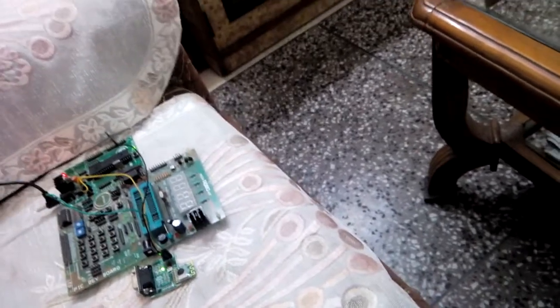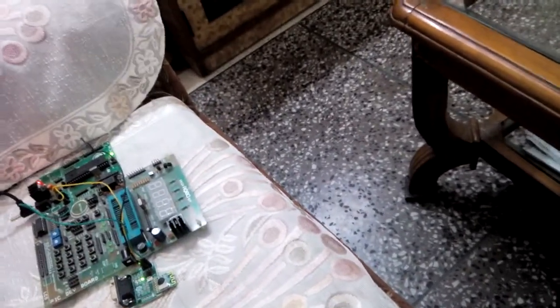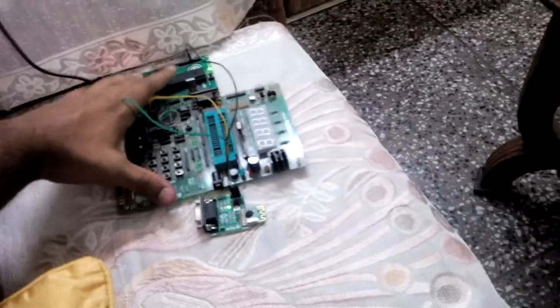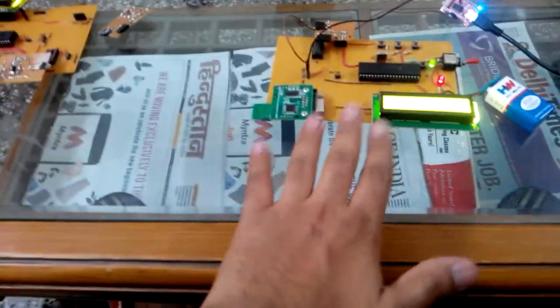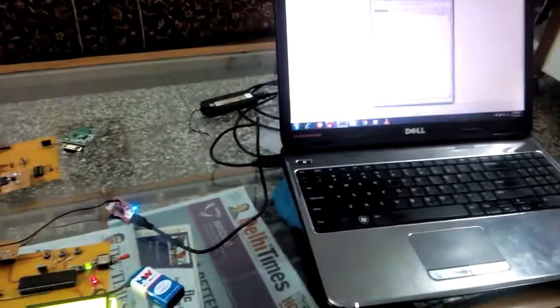When the transmission starts, the transmission also involves the device ID. The transmitting device also sends its ID. I have configured this device as C and this is A. So C will transmit to A to computer. On the PC screen we'll see the transmission being received from C. So the device ID that will come is C.